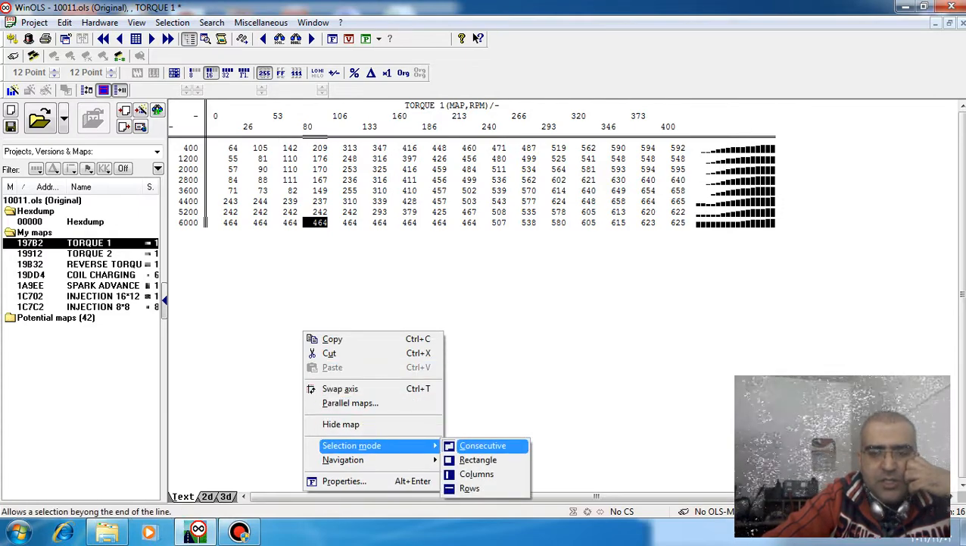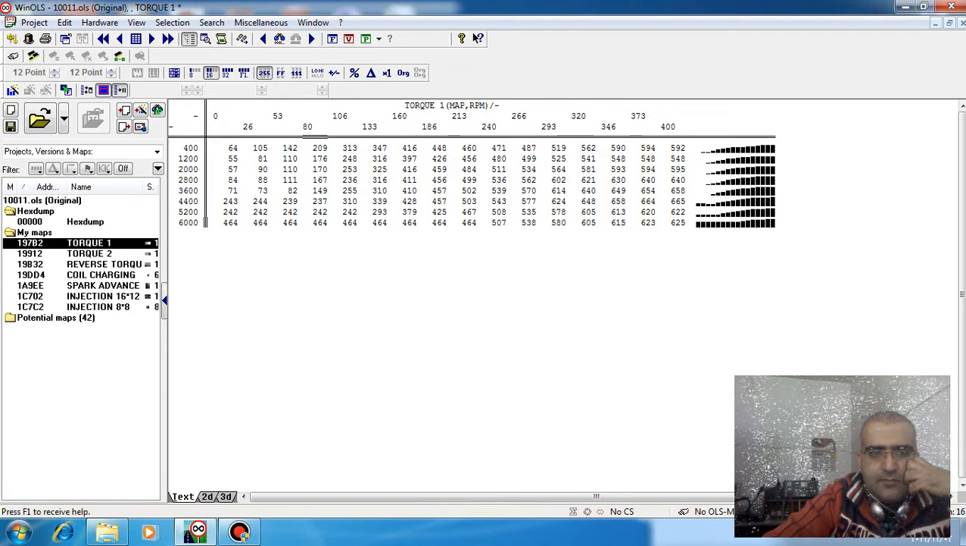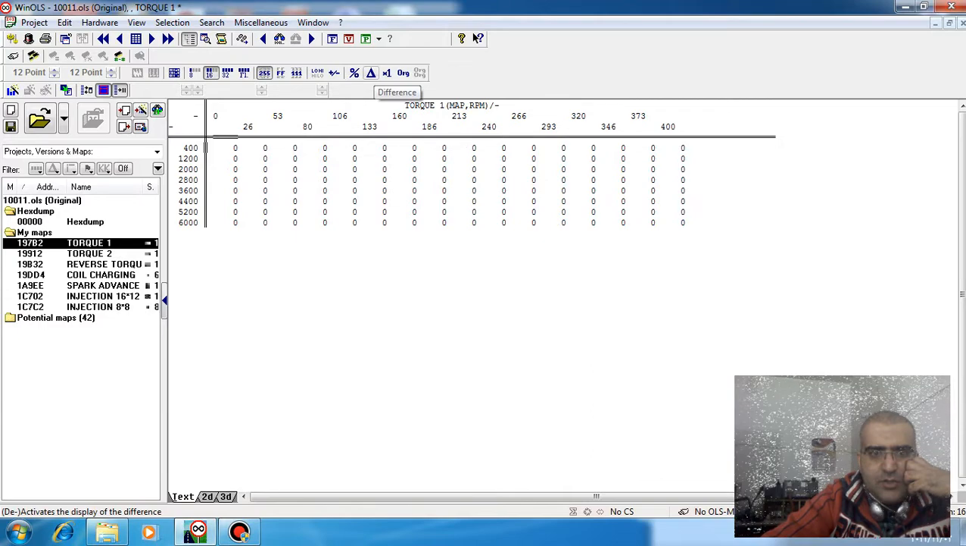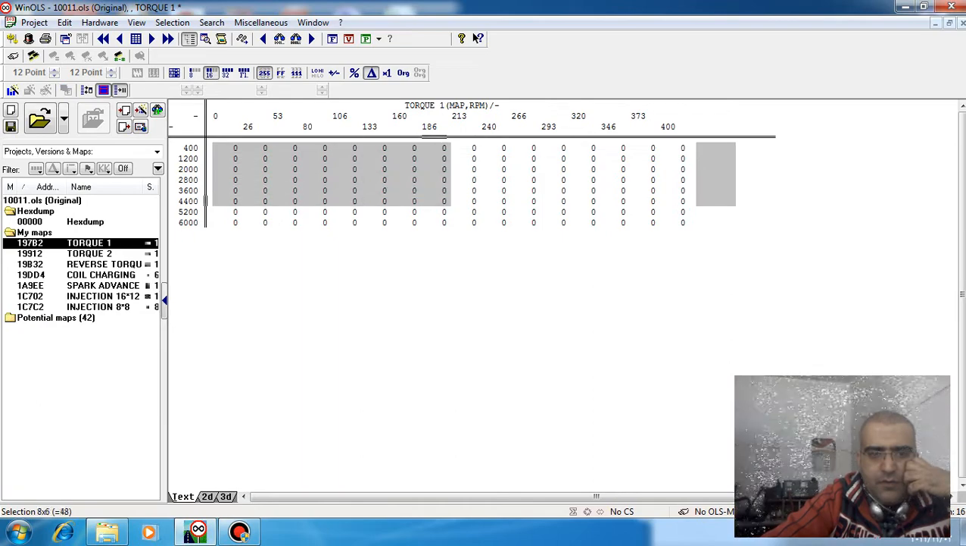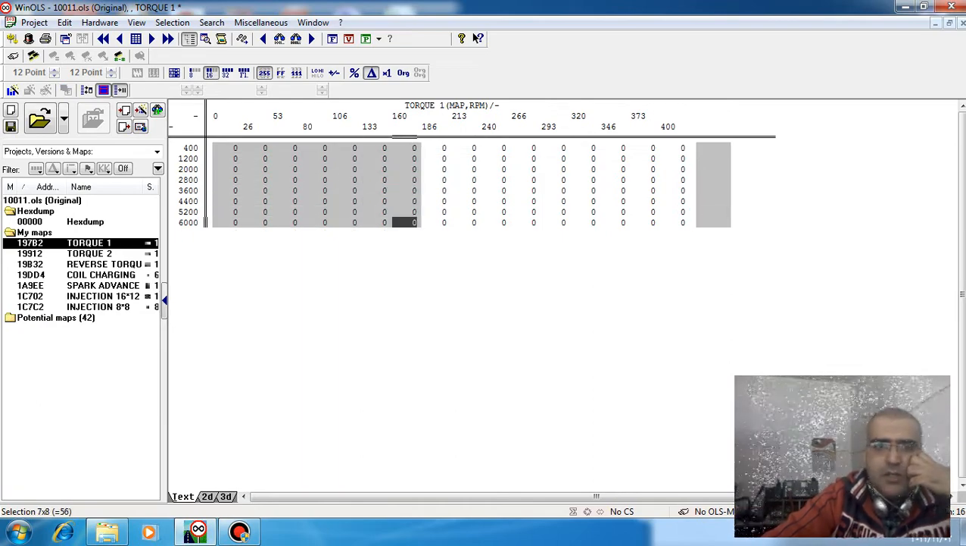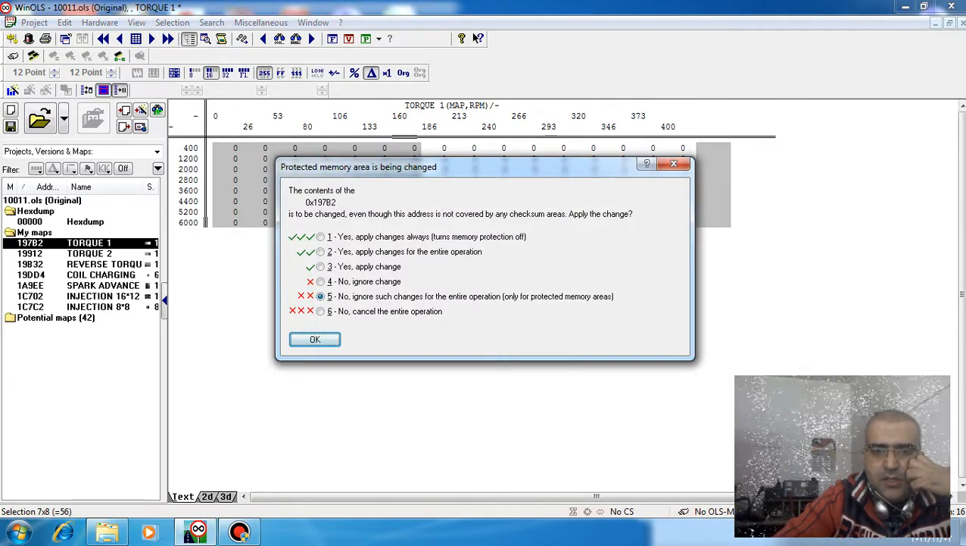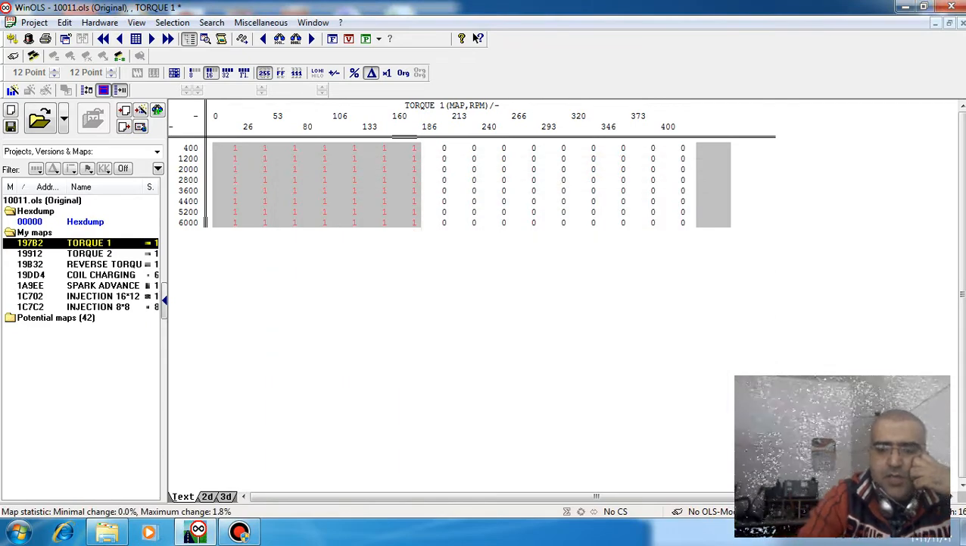Selection, change the selection mode to rectangle. Okay, you can change it like this. Push the difference and 1 2 3 4 5 6 7. Push the 7 column from the first and change it with the plus K. Yes, apply the change. The maximum change is, I guess, 14,